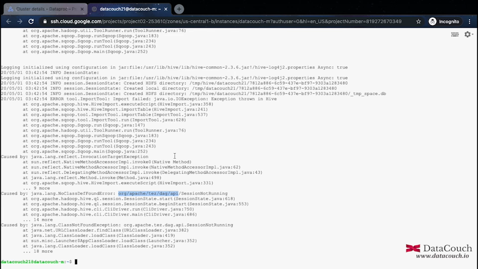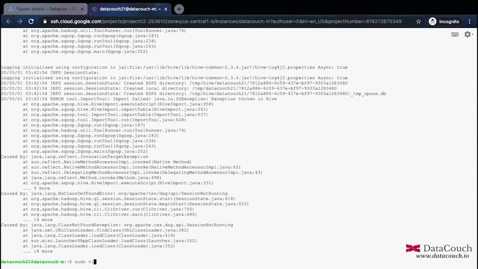In order to fix this issue, we will go to the properties file and modify that configuration. Specifically, we will be going to the hive-site.xml file. It's a configuration file, I should say. In this configuration file, we will modify the property which is the Hive execution engine. Tez is bundled with Hortonworks. Right now we are working with the Google Cloud distribution, so here we don't have those libraries in place. So we are just using MapReduce for the time being. That's why I'm changing it to MR. So I will change the execution engine to MR.